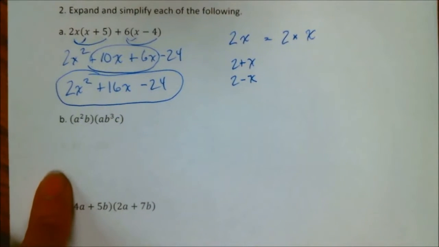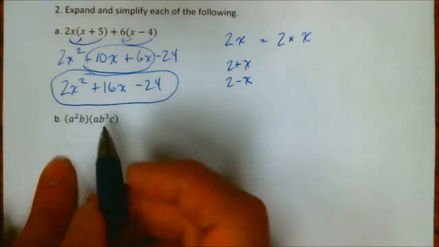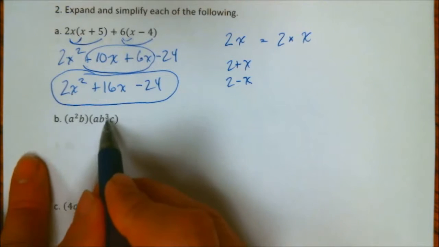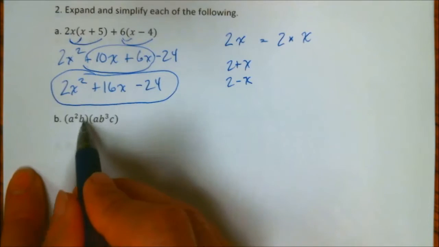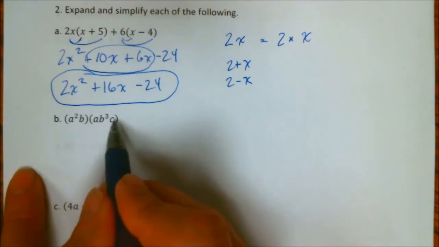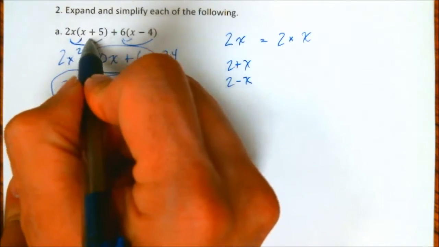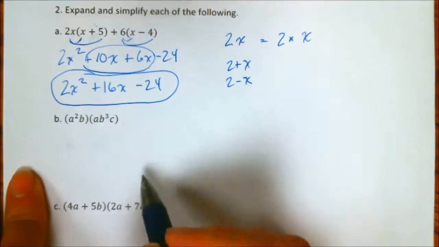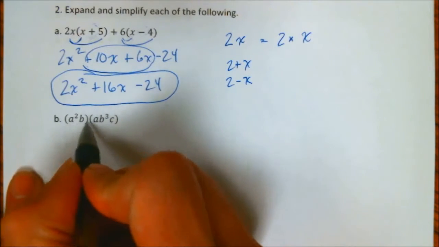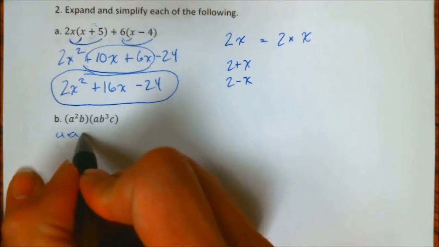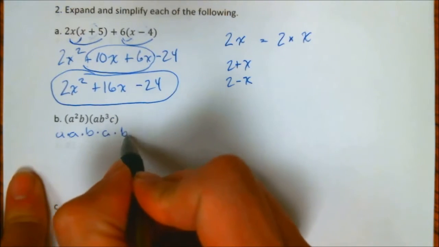If you look at the next one, a lot of you, like 30 or 40% of you, put addition signs in here. There are no addition signs here whatsoever. We're simply multiplying all of these together. And since we're multiplying all of them together, we don't distribute anything. Distribution only applies when you're multiplying across an addition or a subtraction. It doesn't apply here. So what I have here is simply A times B times A times B times B